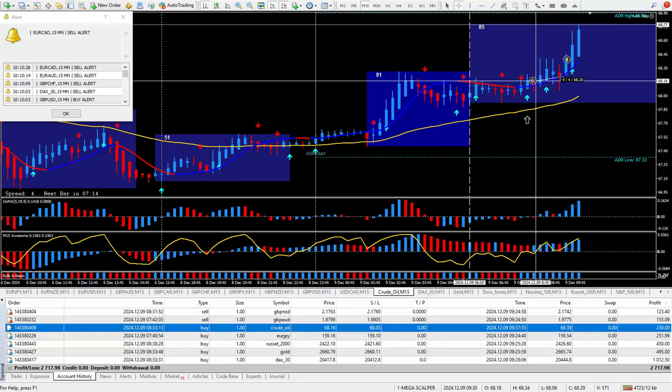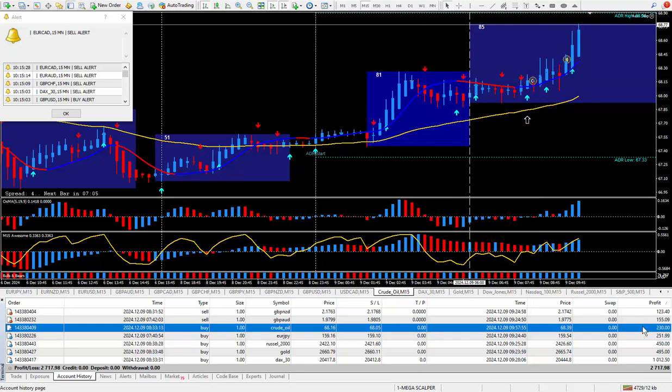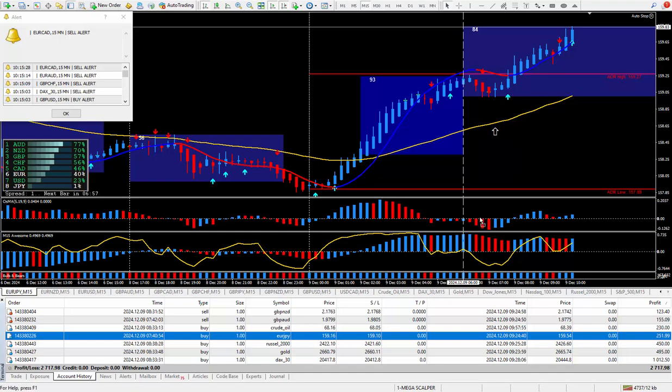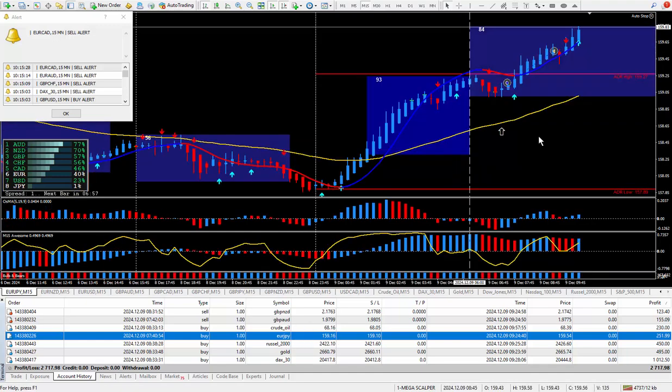And crude oil pays $10 for each tick. They're called ticks. So this should be 23. There it is right there. 23 ticks paying out $230. Moving along to the next trade, Euro Yen. So we'll drag and drop this up. So when I took the trade again, top and bottom,